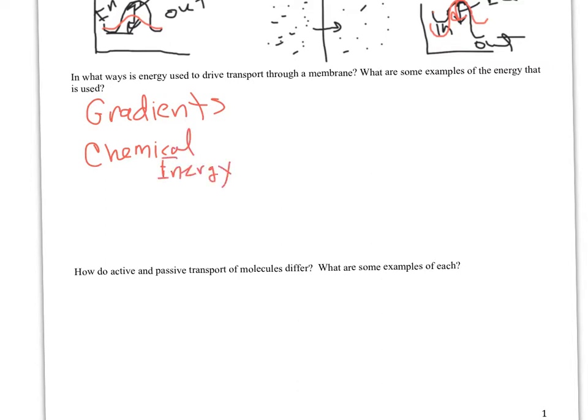And in some cases, there are things like voltage gating and stuff. So there's... I shouldn't say voltage gating. I should say electrochemical gradient. So there's an electronic component,